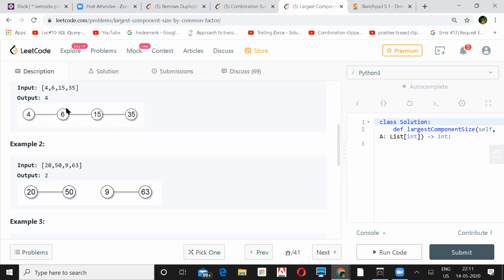Like, the seventh one, right? You are talking about the 7. Let's say 7 only. See what happens, because you are looking at the last one. But if you look in a generalized way, you have to do it for all. I understand for the maximum value at the end, you won't find any use of the last prime factor, which is very big, correct? But in the case of 15, it's 3 and 5. If this array input was only 4, 6, 15, 5 was not required, right? But now we have added 35, so 5 is also required.